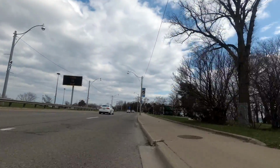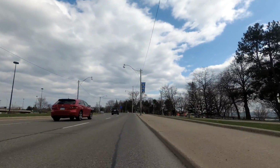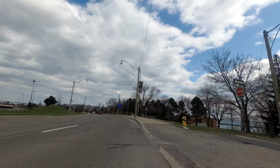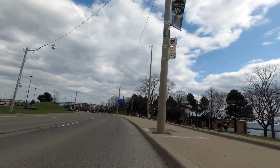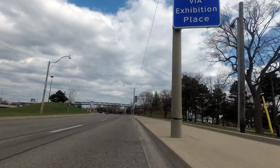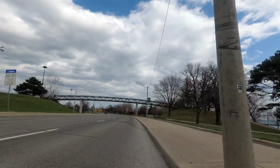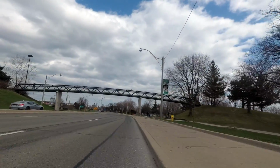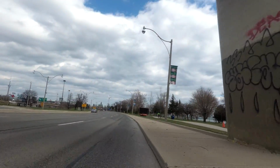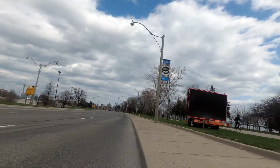And right here you can see that Lake Shore Boulevard splits, just like it did earlier, where we lost a streetcar. The vehicles that are going westbound are over on the south side of the Gardiner, where the ones going eastbound are over on the north side. And they do that to facilitate people from being able to easily transfer from being on Lakeshore, which is more